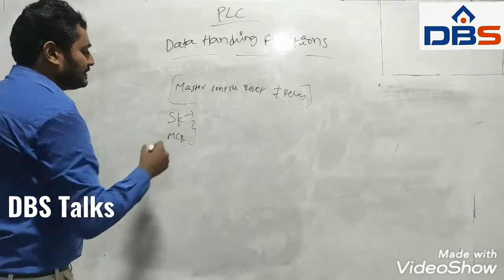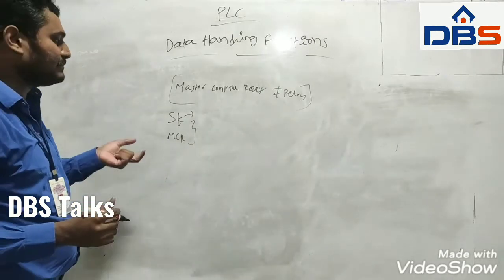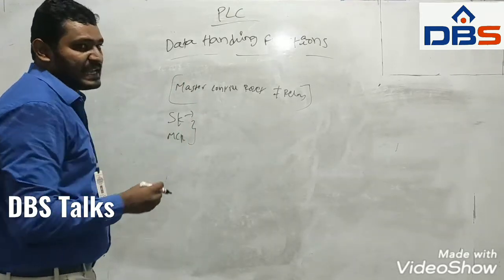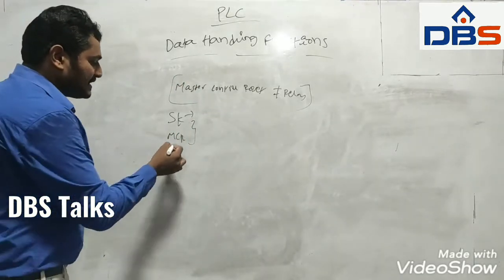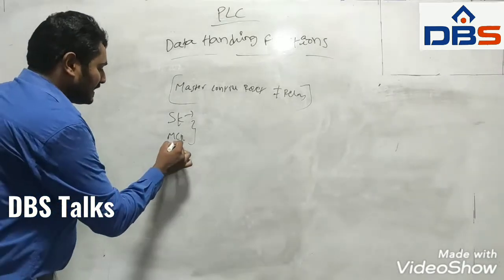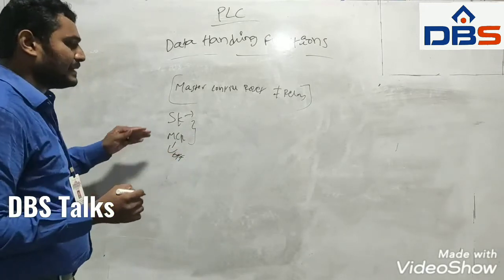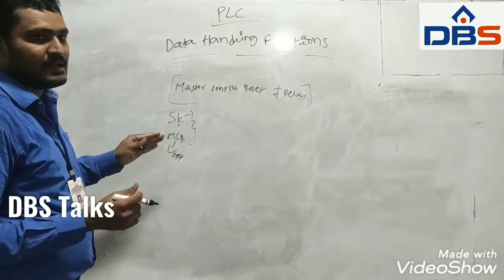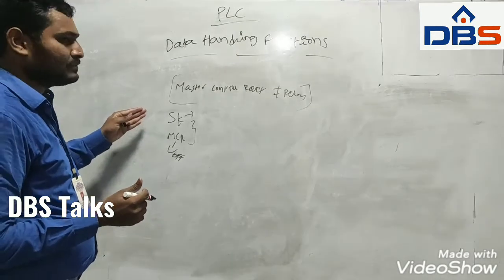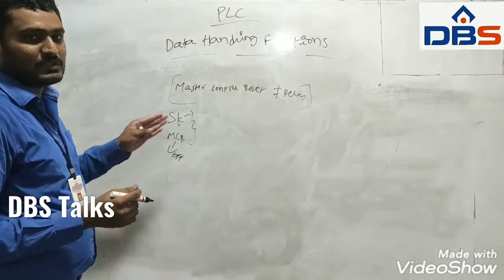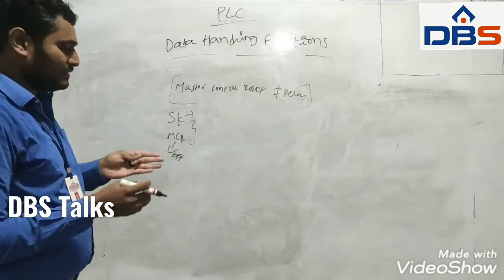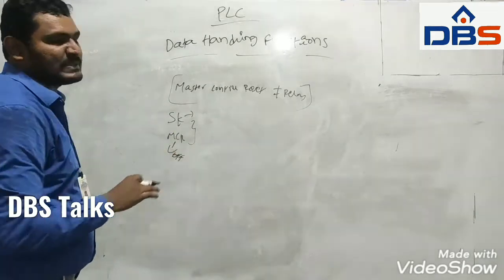The skip function allows us to skip a number of lines, that is some portion of the program, when the enable function is on. Coming to MCR, when the enable line is in off position, that means the MCR is in off position. At that time the MCR is used to turn off the specified lines in the program. In the skip function we skip the number of lines to the previous off position, but in the MCR function we turn off the coils at that specified position.